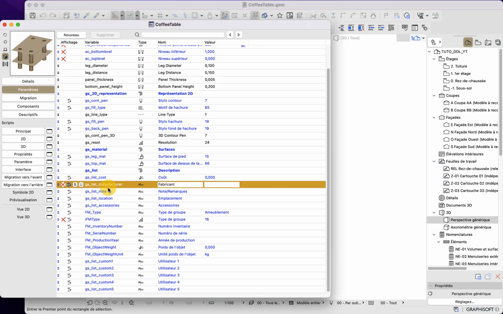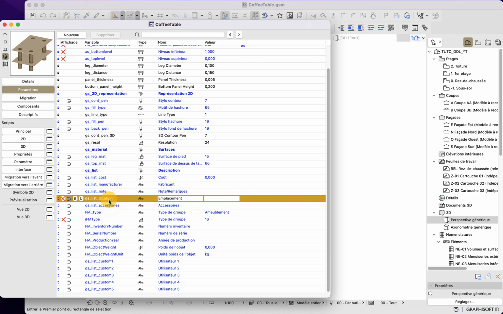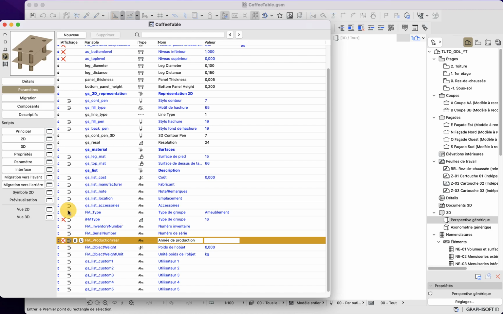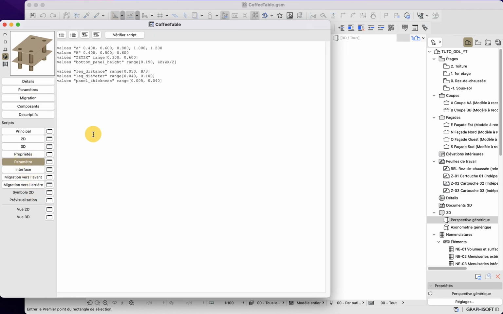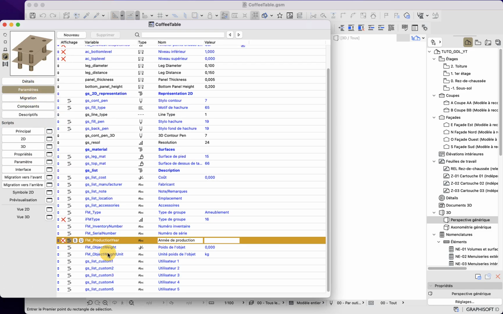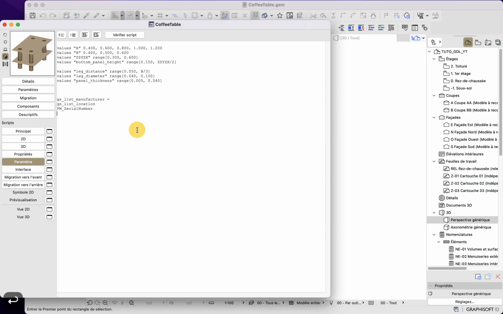I want to fill here the manufacturer and the location, and also I want to fill the serial number and the production year. So here what I will do is this: GS list manufacturer equal. GS list, I had it was location, then the other one was FM serial number, and the last one was FM production year.